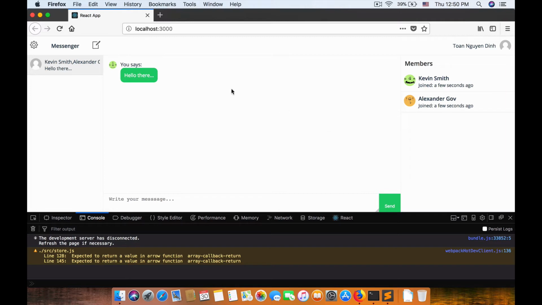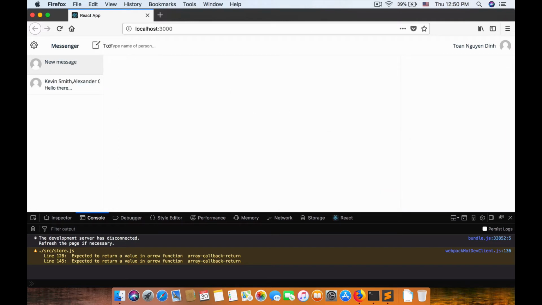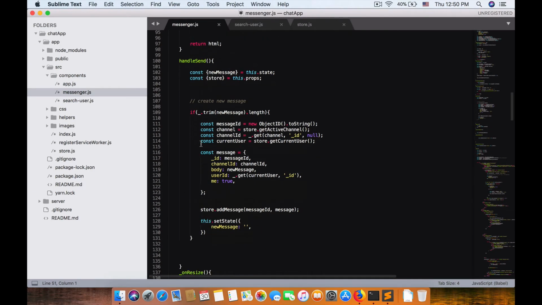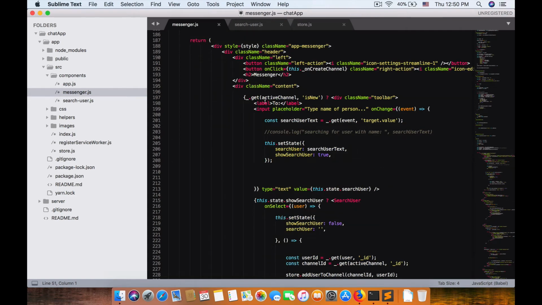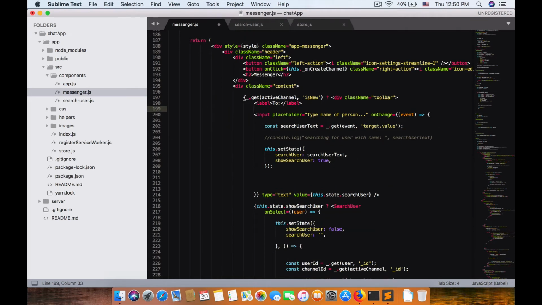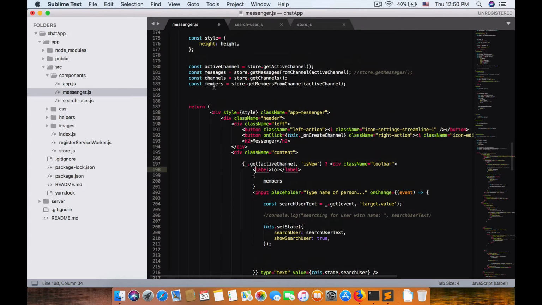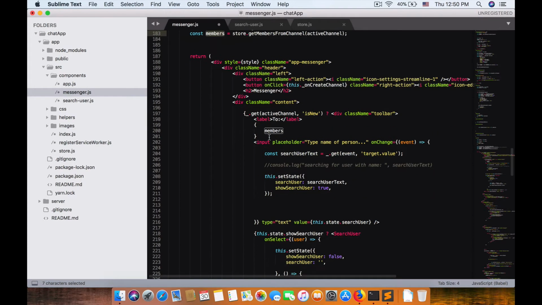Alright, looks good. And one more thing, I need to include the new. Alright, so when we type add Kevin, I think the name of Kevin should show up here, and we can implement removing the member from the channel. So how to do that? When we take a look at the label, right below I will map all the members. The members we get from the iterated channel. So member dot map